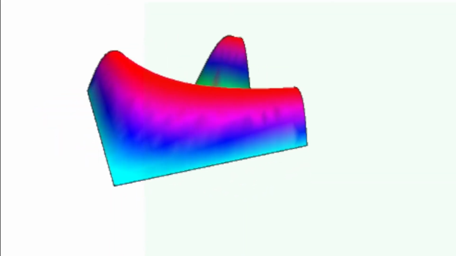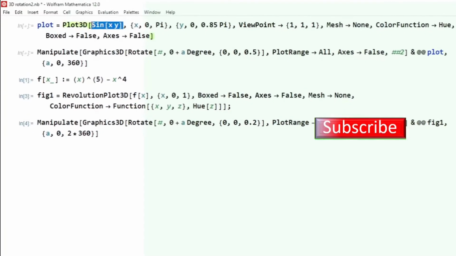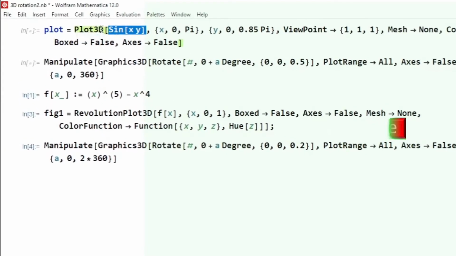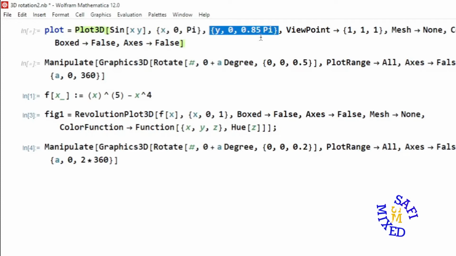This, in fact, is a 3D plot of a two-argument sinusoidal function that I am writing over here, where I plot it under the command Plot3D, and I vary the values of x from 0 to pi and the values of y from 0 to 0.85 times pi. I put the command ViewPoint with arguments 1, 1, 1 so that I watch the figure in